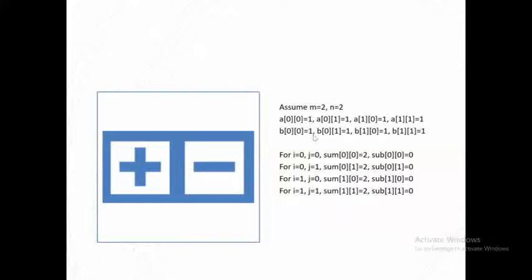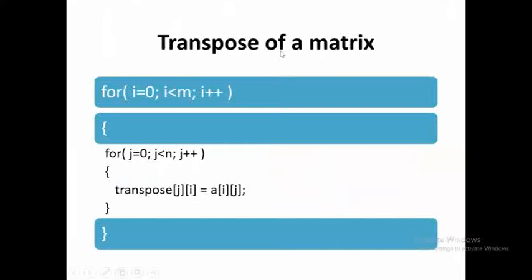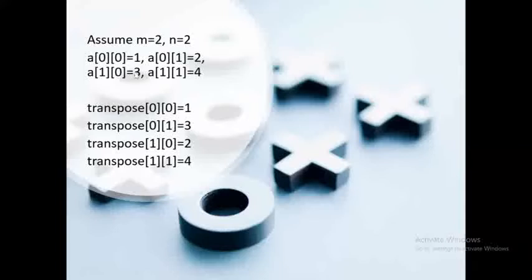Basic requirement is what? Here you need two matrices. You're going to read the two matrices, or you're going to initialize the two matrices, then you can perform the addition and the subtraction of two matrices. Then second thing is what? Transpose of a matrix. You already learned this transpose of the matrix in your second PU or first PU. For the transpose of the matrix you require only the first matrix, which is enough for performing the transpose operation.